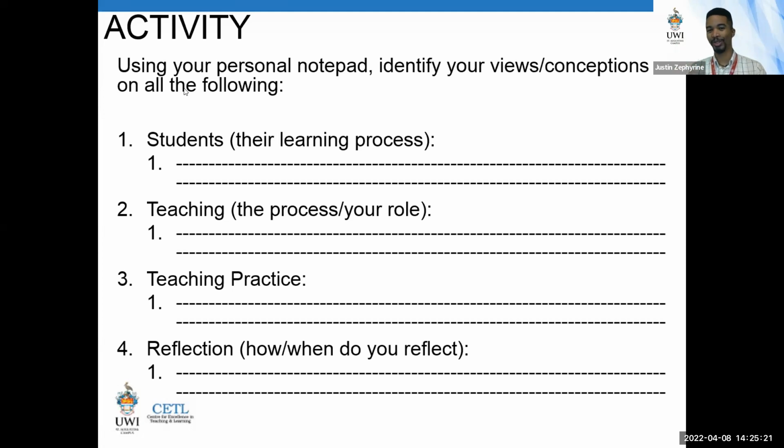Nice. I like how, even though you were nervous, you answered all just like that. Your students are mature, so you take an experiential approach. So that's your teaching practice, and your role is really to facilitate. So you answered most of the questions just like that. I don't know why you were nervous.